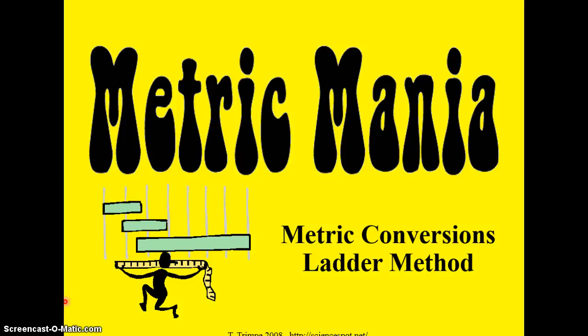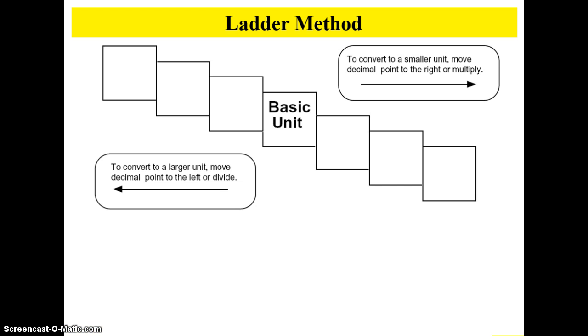So now that we've had an overview of the metric system and looking at the different types of measurements that we use to identify different types of matter, we're going to just spend a little bit of time talking about how to convert within the metric system using what's called the ladder method. So the ladder method uses a kind of a stepwise system to take you from one part of a metric